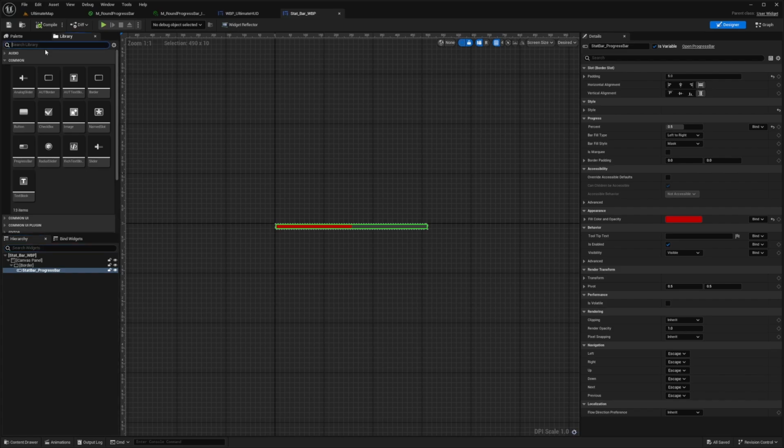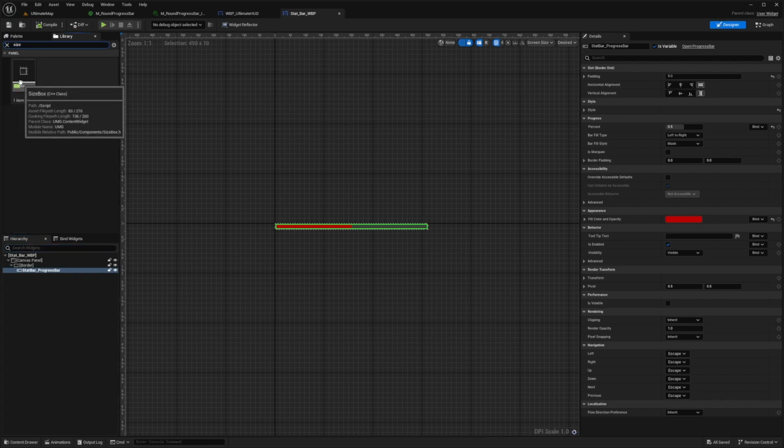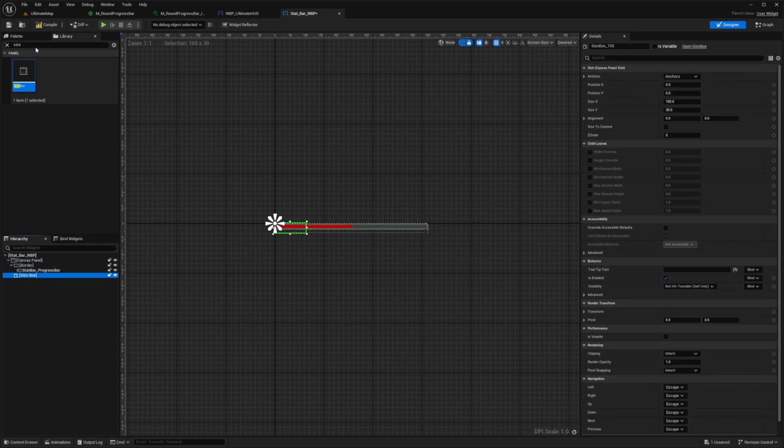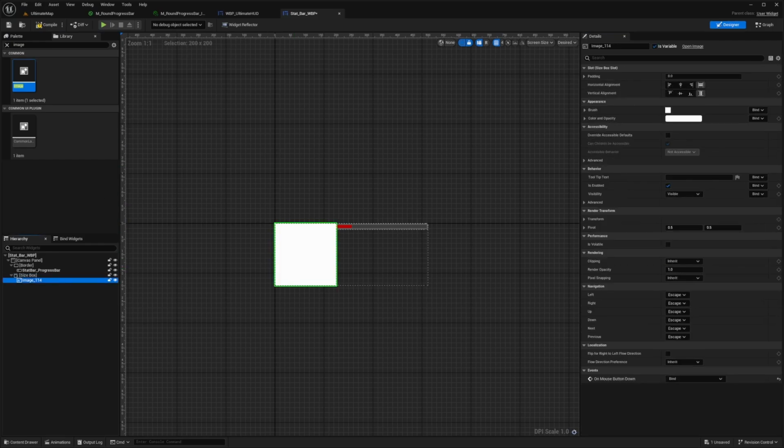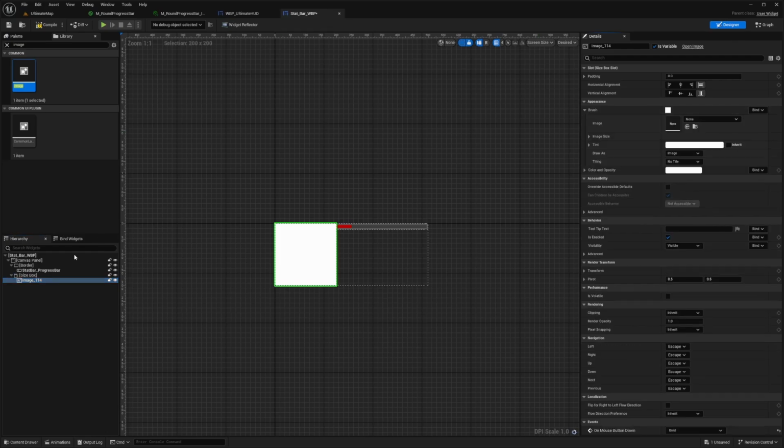So in my library, I'm going to head over to the top, look for a size box and drag this into my canvas panel. And now in my size box, I want to add an image. And for the size box, I'm just going to set the X and Y as 200 by 200. And for the image, I'm going to change the brush. I'm going to open the brush while image is selected and change the image to something like